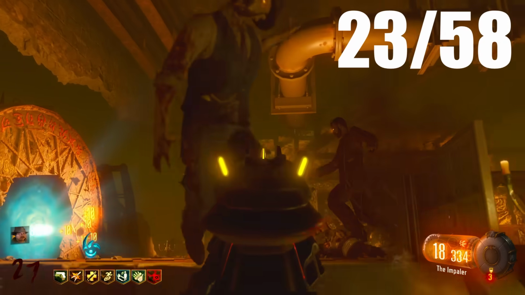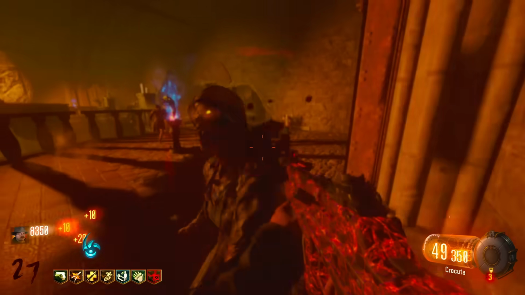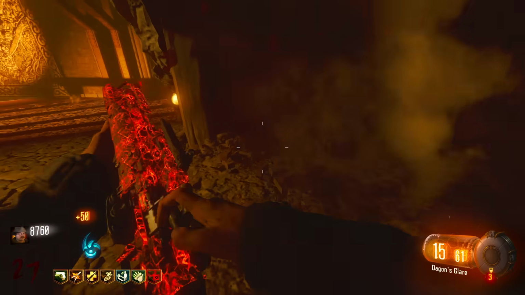VMP is just a standard, can't go wrong. Beginning gun, SMG, we all know the type. Crow Kuta, you know, not much different. The Dagon's Glare here is actually really good against boss zombies in particular, a lot of damage. We're gonna take care of this Margwa, and then...